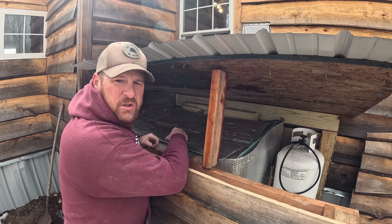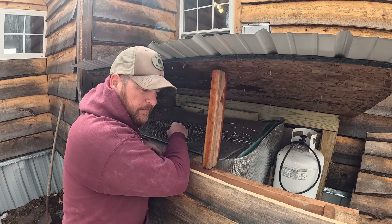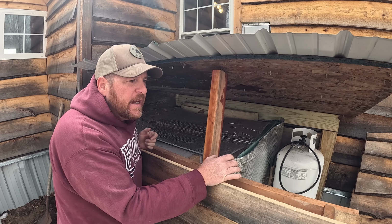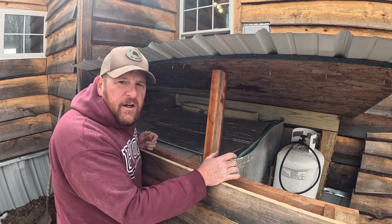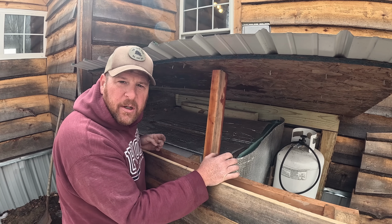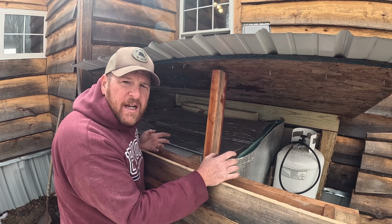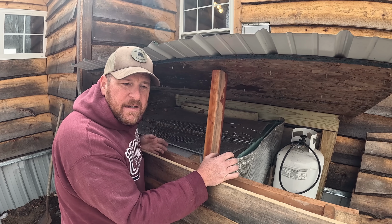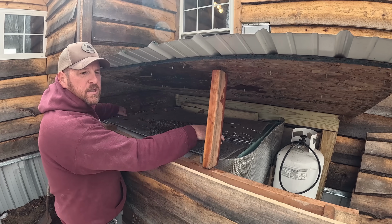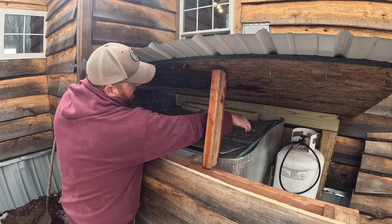So guys, we get the most questions and most comments about water and off-grid and how we do it. And we can't get a well truck up here to the cabin, so we're never gonna have a well up here. Now we could probably get a well truck to the other side of our property, but that does us no good right now. I'm not gonna transfer water from one end of the property to the next, even if I did have the $15,000-$20,000 to get one drilled. So we're just on rain collection, and I like it. It creates some troubles, but